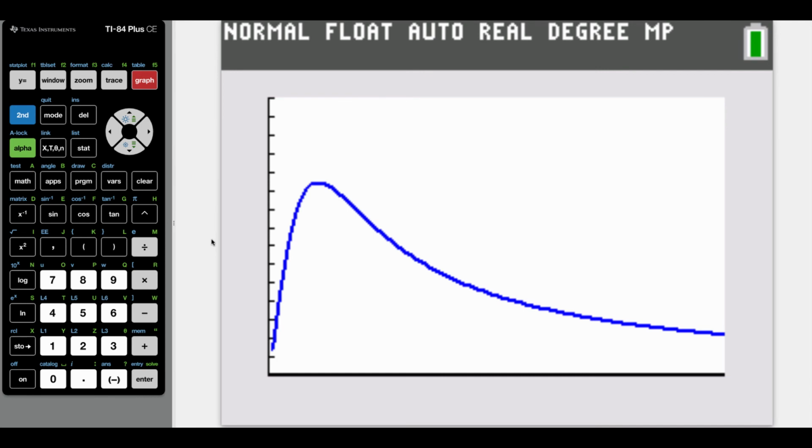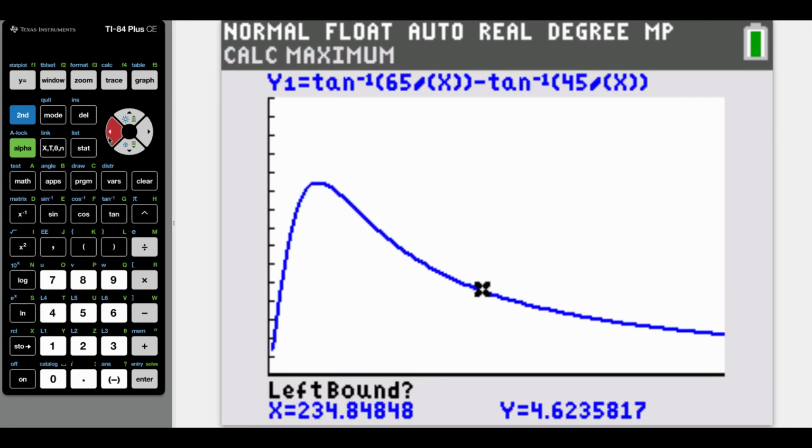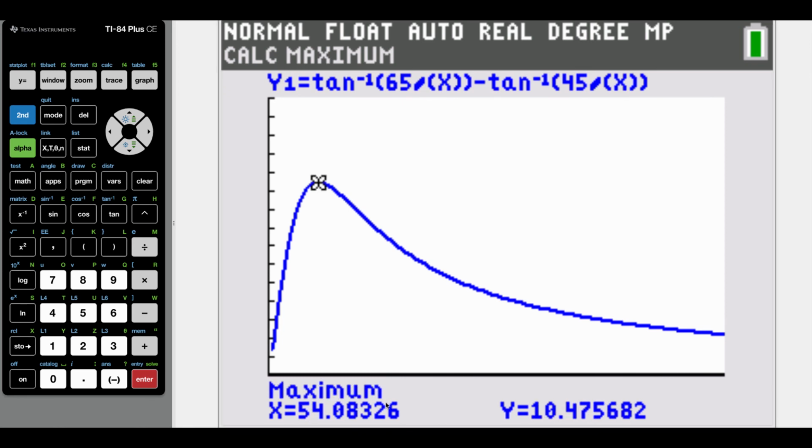We are looking for the distance where the maximum angle happens. So I'm looking at this maximum point on my curve here. So I can go second trace, pick option number 4, the maximum. I'll have to arrow over to the left-hand side of that highest point and hit enter. And then I'll arrow over to the right past that highest point and hit enter, enter. And that tells me that my maximum angle, which is 10.5 degrees if we do a little rounding, happens at a distance of about